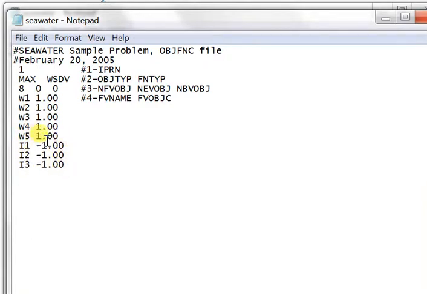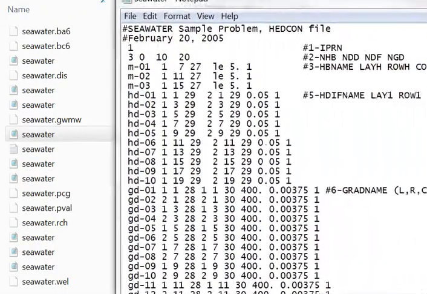So effectively, we're maximizing the withdrawal and minimizing the injection, because the negative coefficient means we'd like to make the injection values as small as possible. We'll now look at the head constraints file,